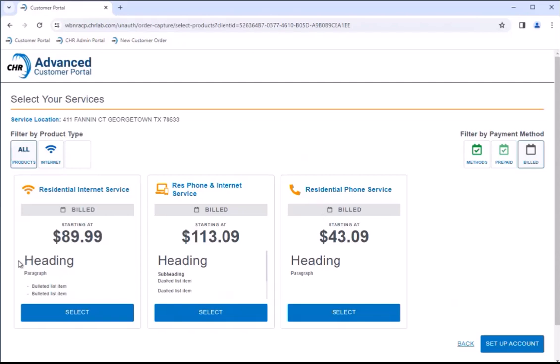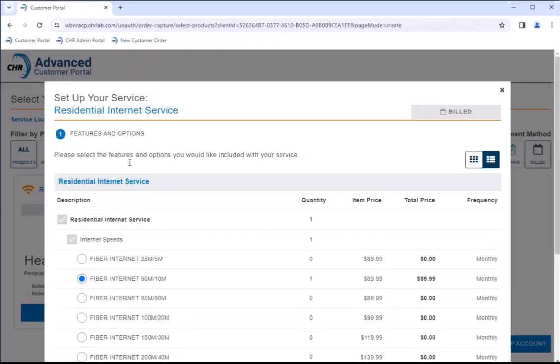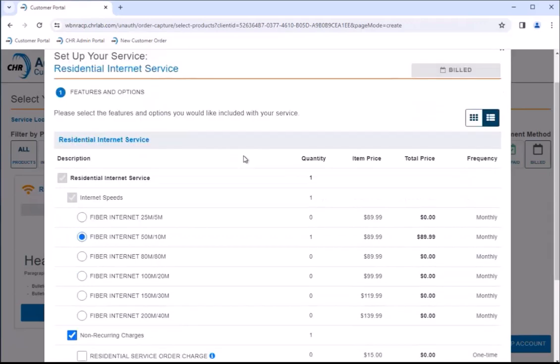From a marketing perspective, you can see different options for these service cards to have information. They can have just a paragraph listing out what's included in this service. They can have a dash list item with a subheading, or they could just have a list of bulleted items that describe the service. The customer will select what product they want, and then they can make options based on